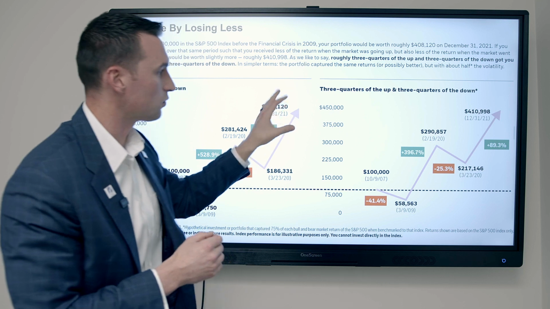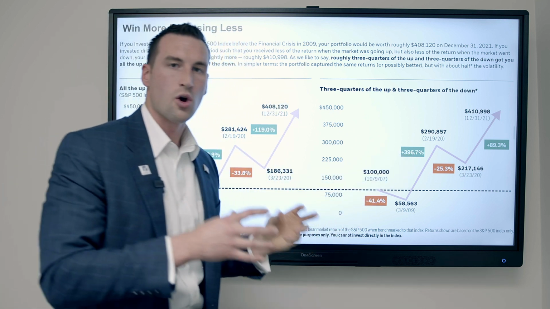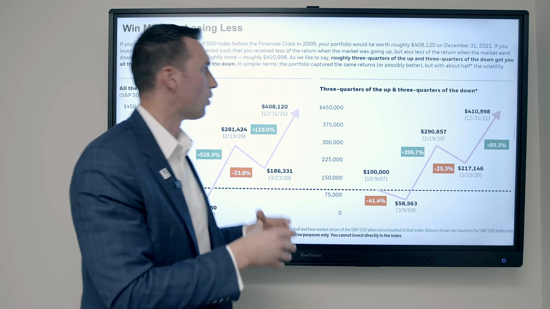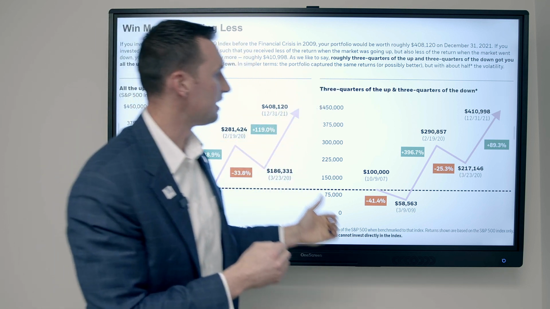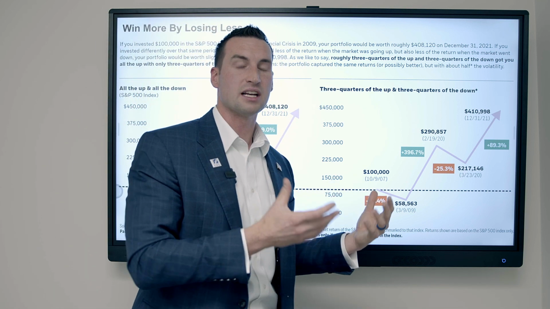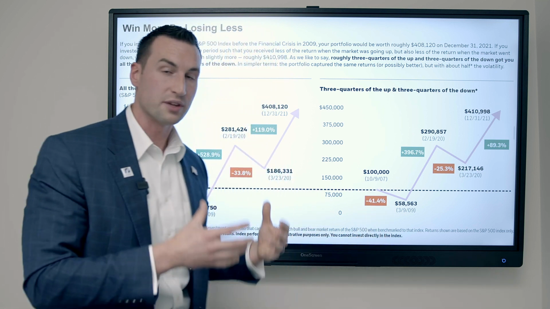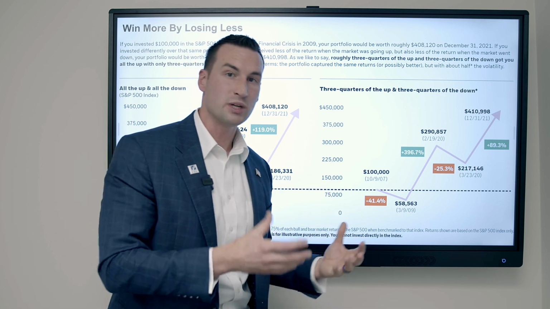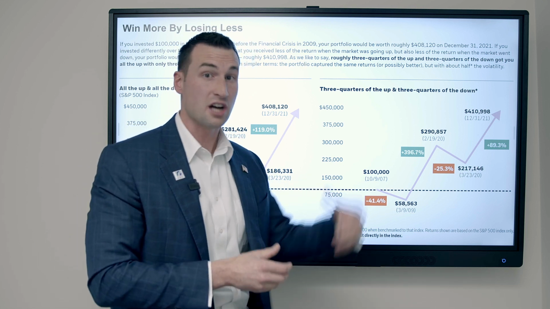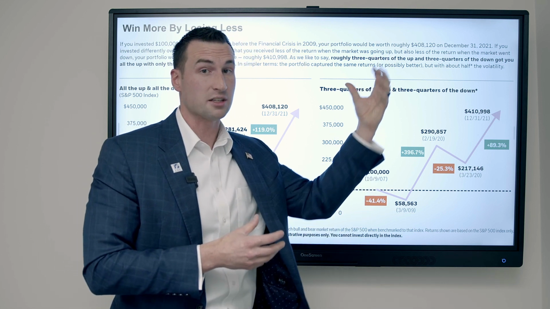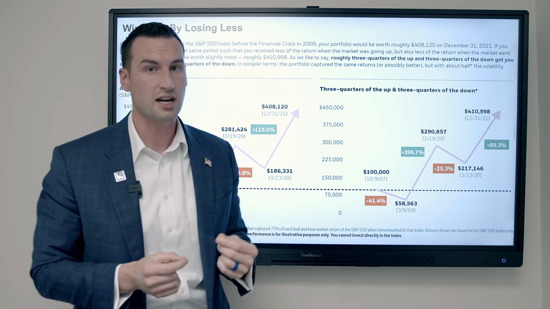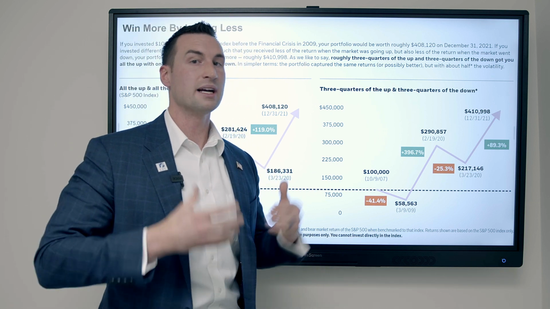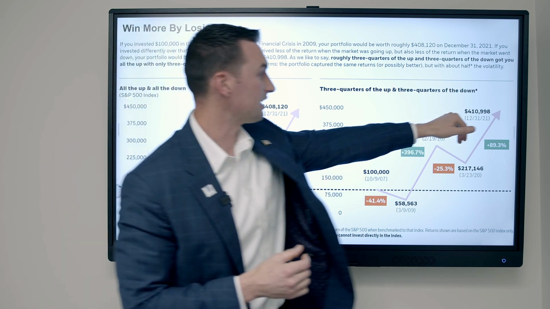$410,998. And the way that this works is, what this is showing is only capturing 75% of the downturn, or 3/4, and then capturing 75% of the upside. So you're only capturing 75% of the downside, 75% of the upside, and by doing that, by mitigating your losses, and you're not getting as much of the ups either, but you're mitigating your losses, and this is what I was talking about. Those big down years can hurt you a lot more than those big up years help you. You actually end up with